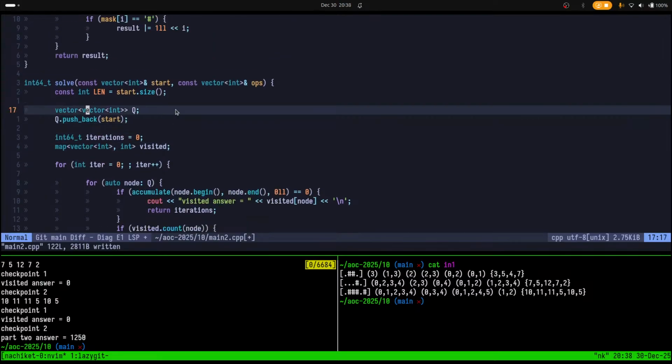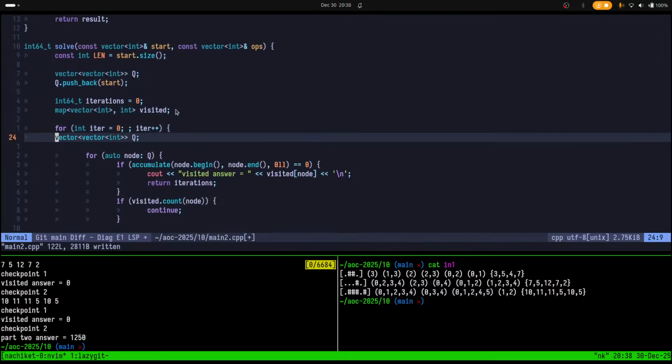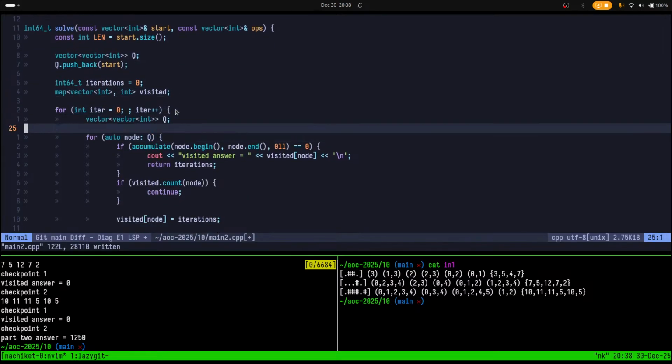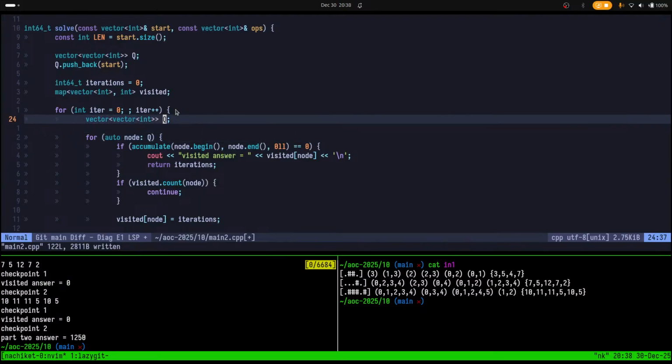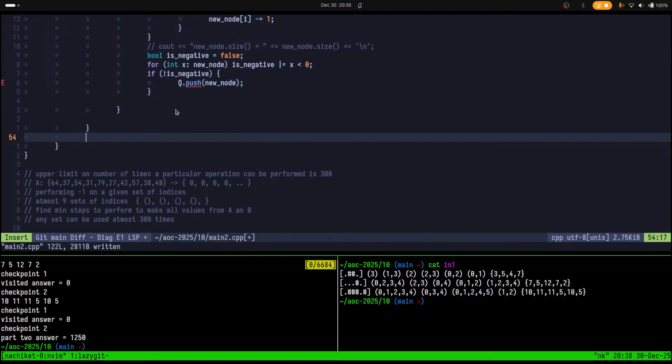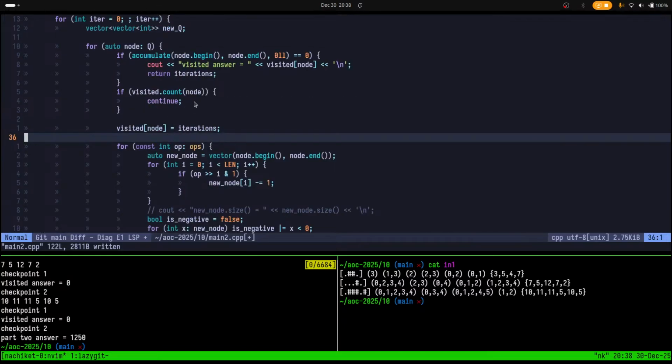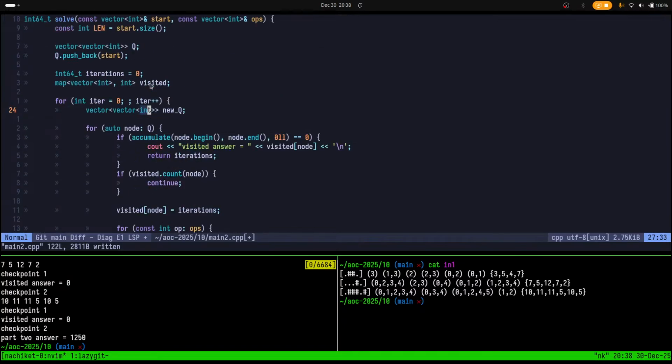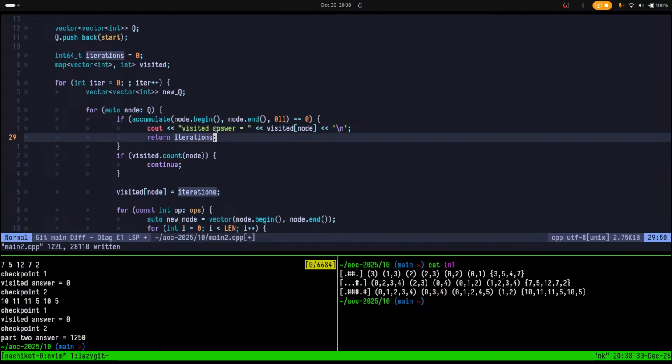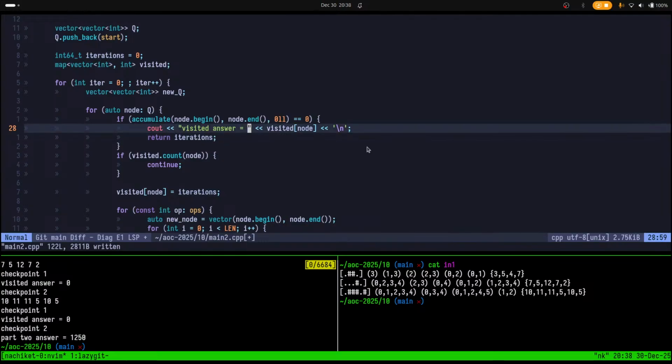And we should also create a new queue after every iteration is complete. Let's name that new queue. Original queue should be replaced by this new queue. And we check if this node has all zeros. If that's the case, the answer is simply